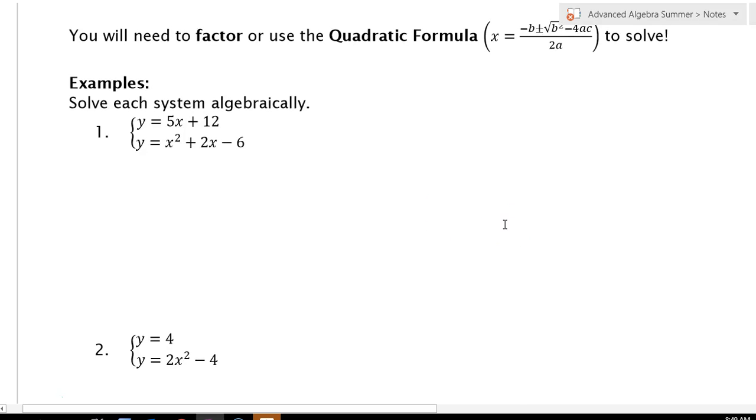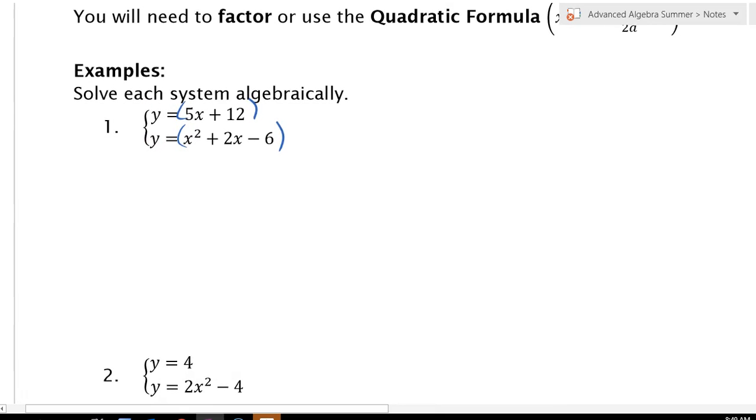So first thing we notice is both equations are solved for y. So to utilize substitution, since both equations already have y by itself, we're thinking about setting these two sides equal. So again, y has to be by itself on both sides to employ this method. So here I have 5x plus 12